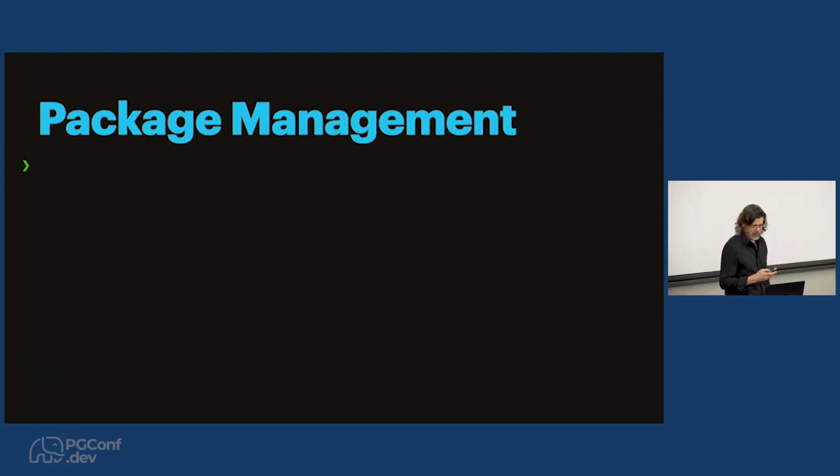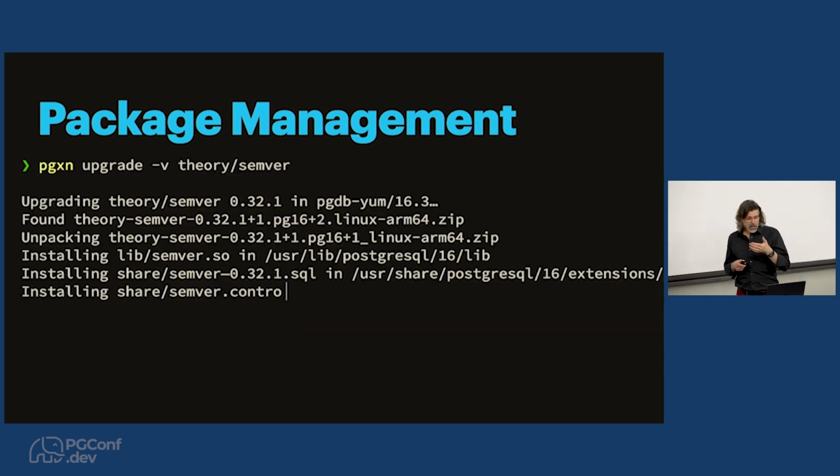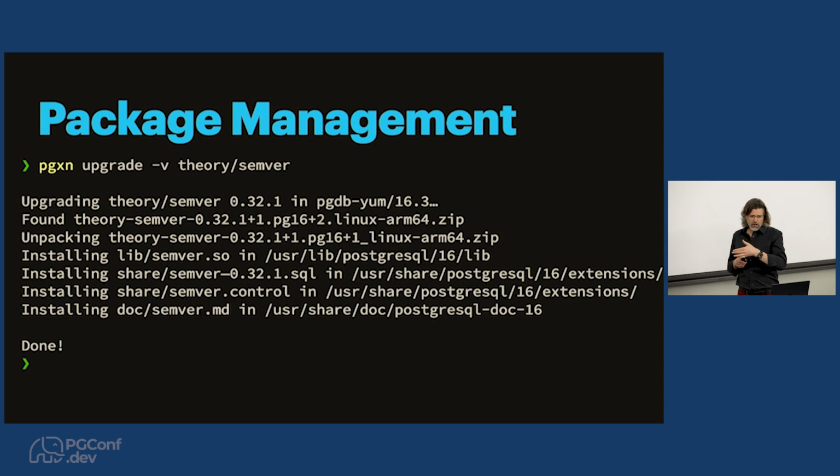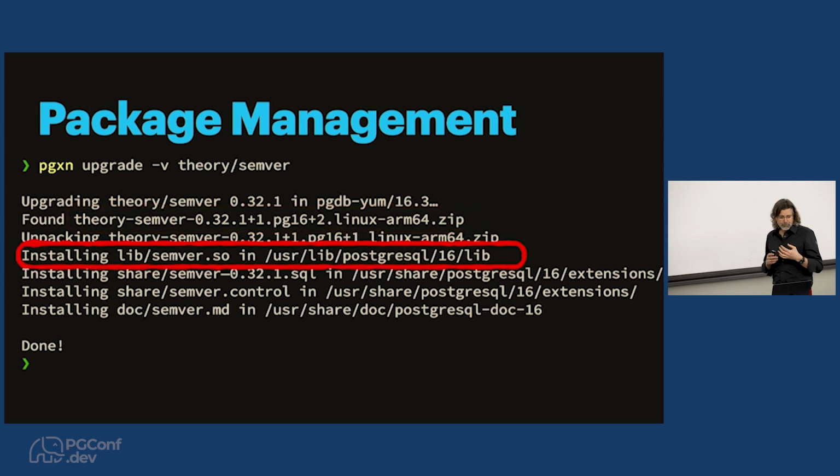No, go back. There we go. Here it's saying the latest version is 0.32.1 of this extension, but you currently only have 0.32.0 installed. So let's say they're using the community binary packaging we want to build out for the community. They could say, okay, upgrade this package, and what the client will do is find a binary for this operating system, Linux ARM64, this version of Postgres, version 16, and download that. And there's no compilation because this is a pre-built binary.